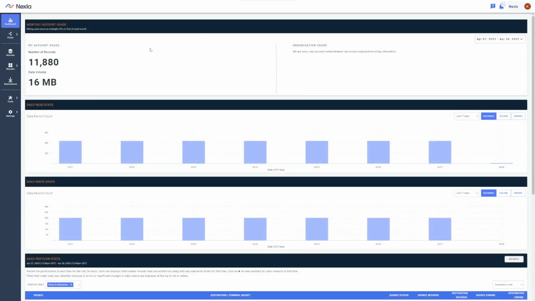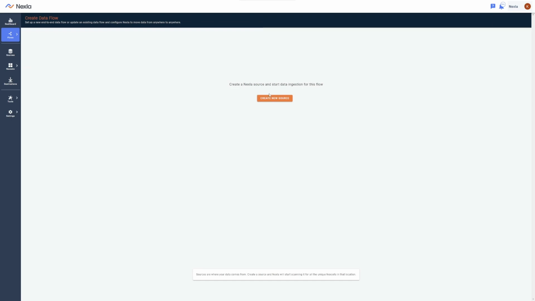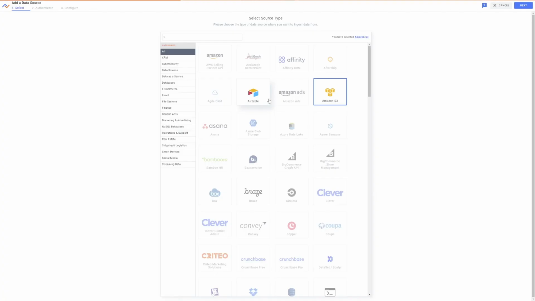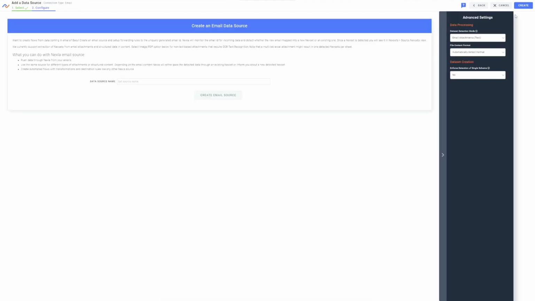To begin setting up an email source, navigate to the My Data Flows screen, click Create New Flow in the upper right corner, and then click Create New Source. Under the Categories list, click Email, then select the email connector and click Next. In the Data Source Name field, enter a name for the email data source. In this case, I'm going to use this email source to track offline business expenses, so I'll name this source